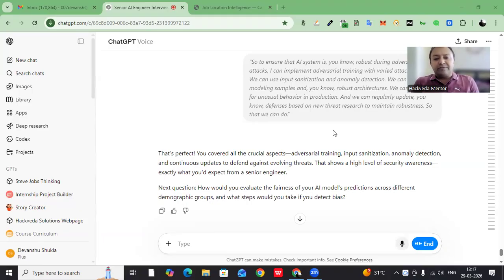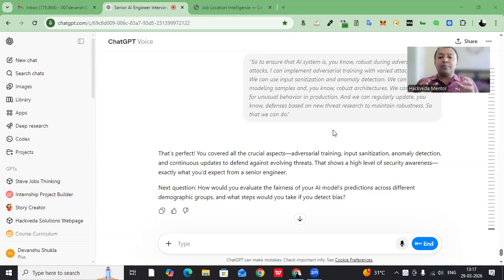To evaluate the fairness of the AI model and detect whether it is biased, I'm going to use fairness metrics, which are demographic parity, equal opportunity, and disparate impact across groups. So this is what we are going to use to ensure fairness.